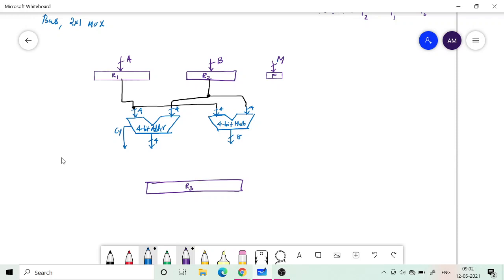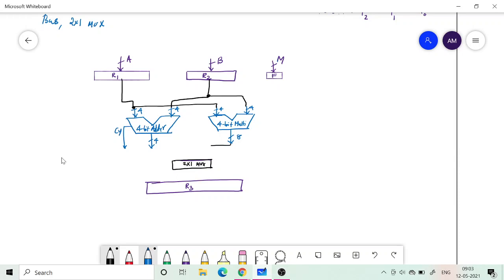Now I can put my data either from the adder output or the multiplier output. In order to decide between the two, I should put a 2x1 mux, so this is data routing using a 2x1 mux.